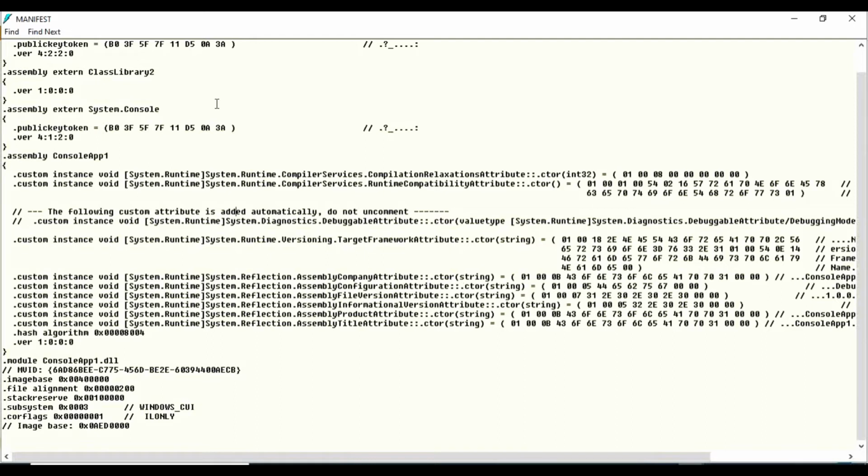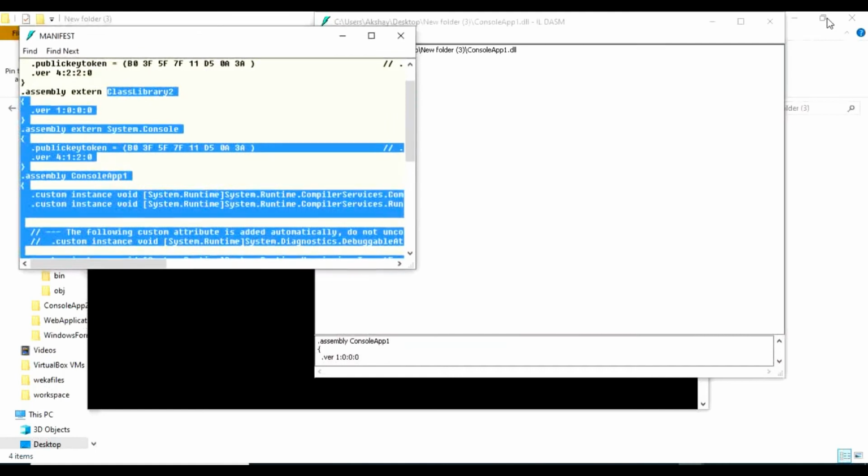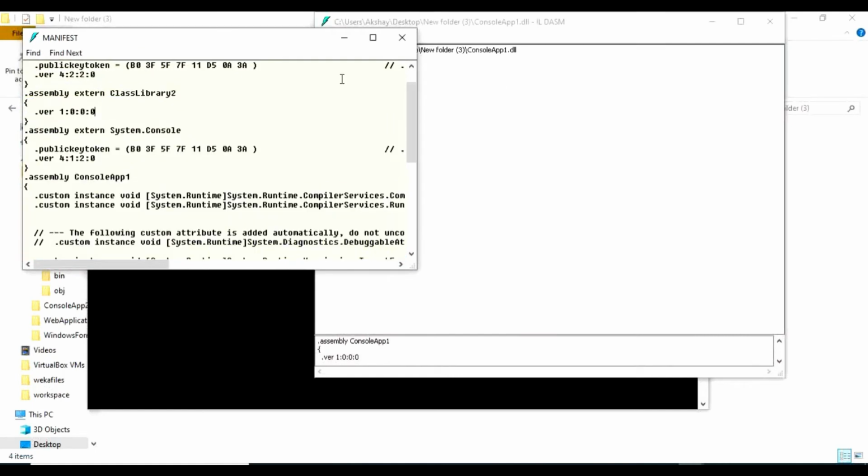Okay, so that's how the compiler, that is the CLR, that is the .NET runtime, finds the dependent assemblies during program execution from this manifest file. Now again, what CLR does is it tries to find the dependent assembly first in the GAC. So what is GAC? That I have also explained in my previous video, so check out that video for that.